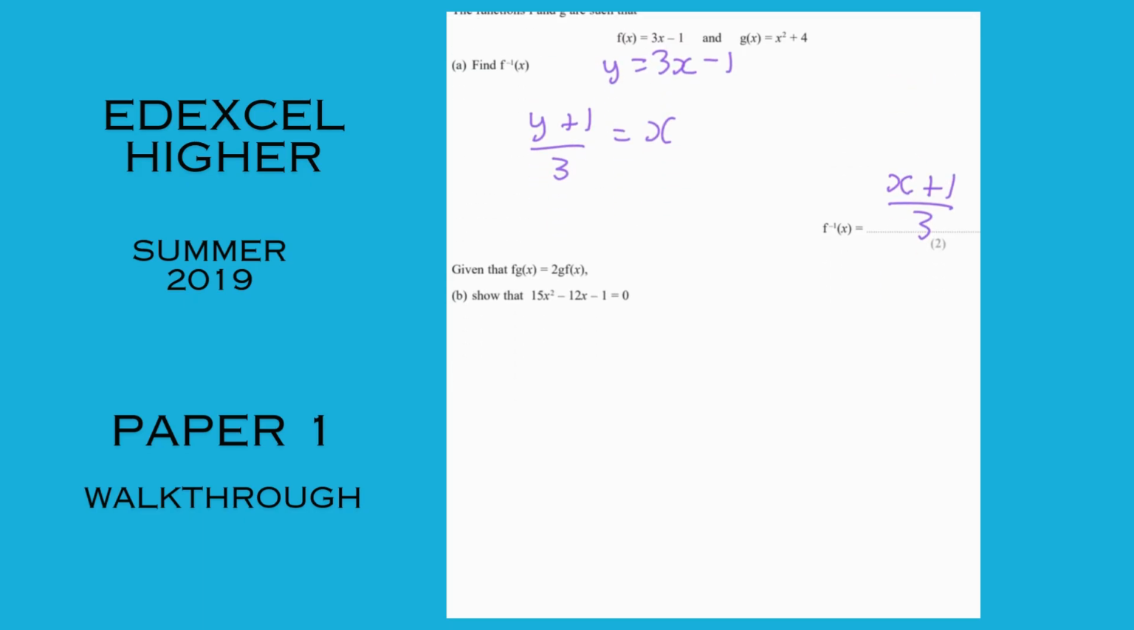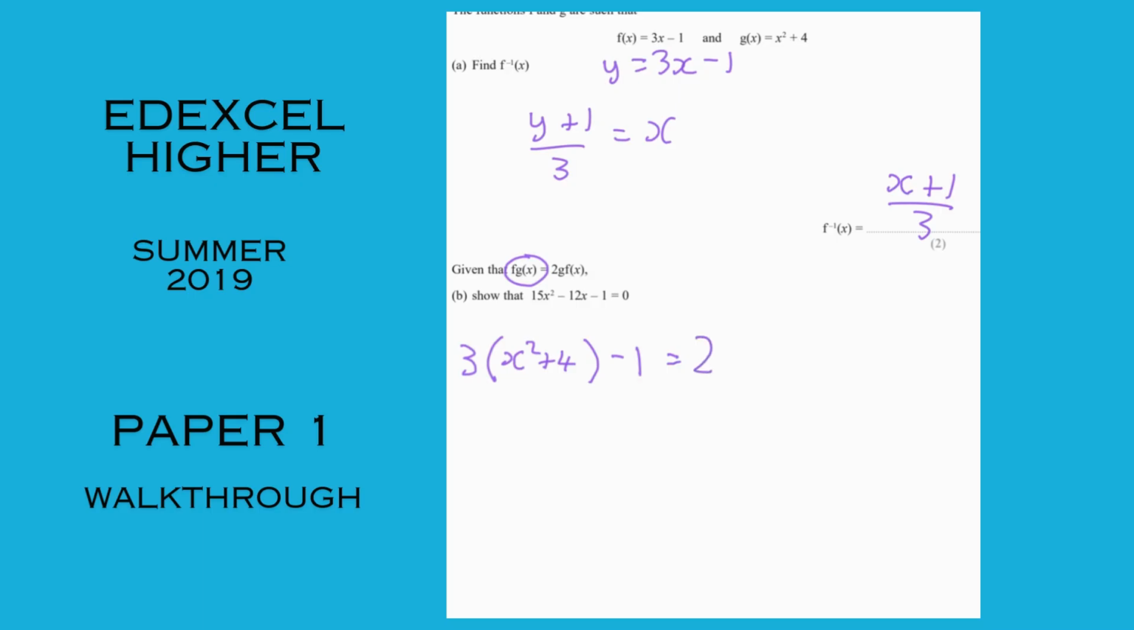deal with one bit at a time. This bit means f of g of x. In other words, stick the formula for g of x into f of x. So f of x has 3x minus 1. Replace the x with x squared plus 4